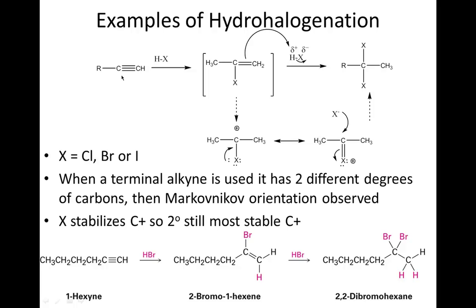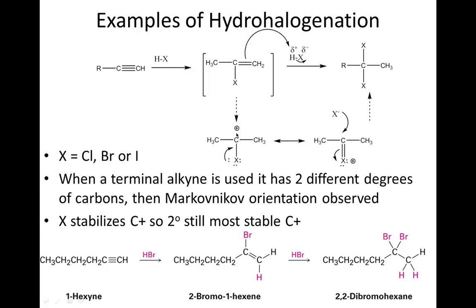So if we start out doing this HX reaction, then the pi cloud of electrons is going to react with this and put the hydrogen on the less substituted carbon, and then the halogen can bond and make this guy. So there's your vinyl halide as the first product, and then that can react again. And so I've now got the partially positive and negative charges on here. Again, putting the hydrogen on the less substituted carbon,